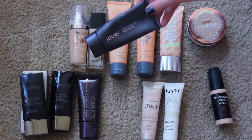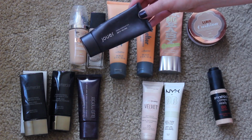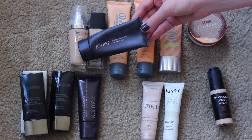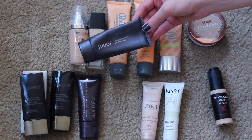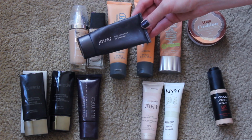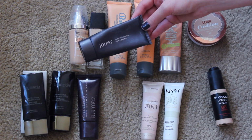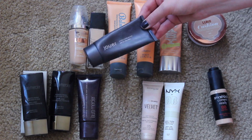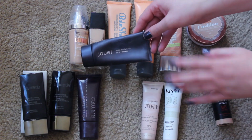My Jouer Matte Moisture Tint is my favorite foundation of all time. This is in the color Linen. This is just the best for when I need it to work fast. It's my perfect color. It says matte moisture tint, so it's not dewy or anything, but it's definitely not matte or drying, and it just makes my skin look great. So I'm keeping that. I'm almost out of it as well, so I'll use this up and then repurchase it